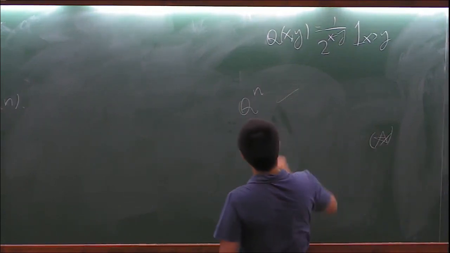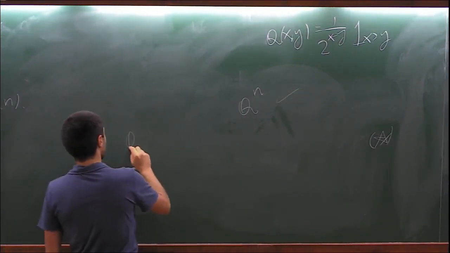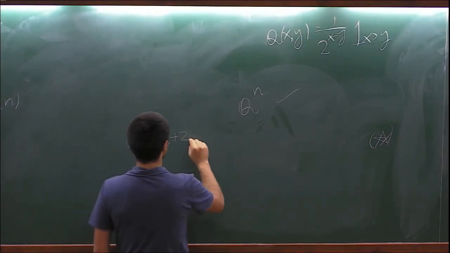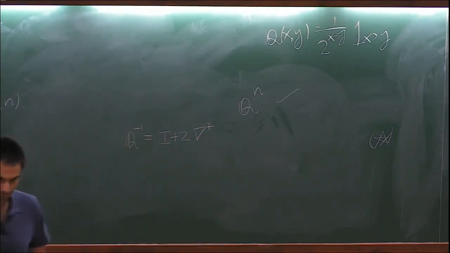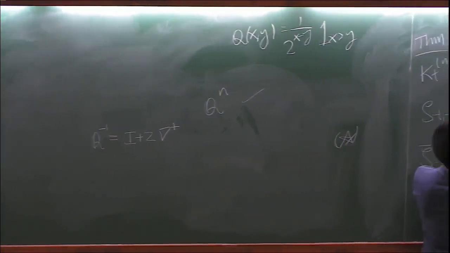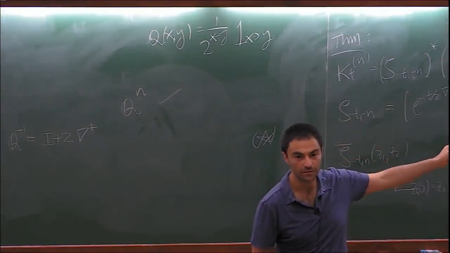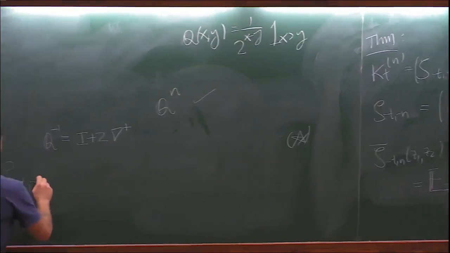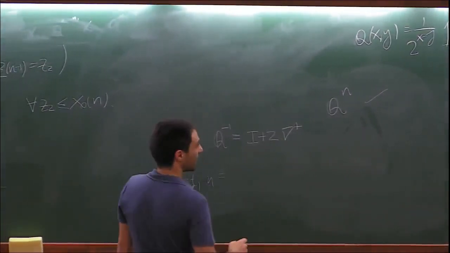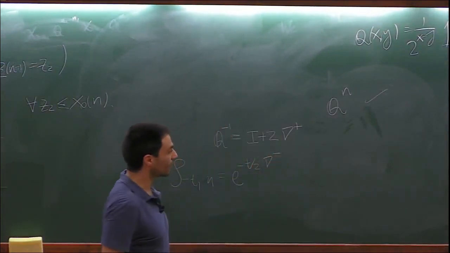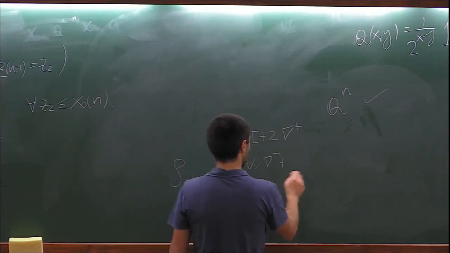So that's one thing. And then the other trick is the following, is that one notices that Q inverse is actually the identity plus 2 times this grad plus. I'm doing things very formally. So let's look at this, because somewhere I should get my third derivative. I won't show you where, but I'll show you the idea. So one writes S minus T minus, or N, you write it as e to the minus T over 2 grad minus plus,